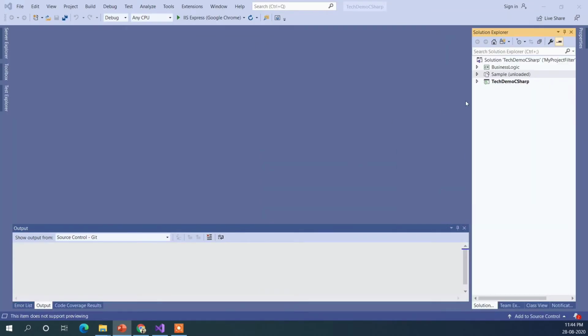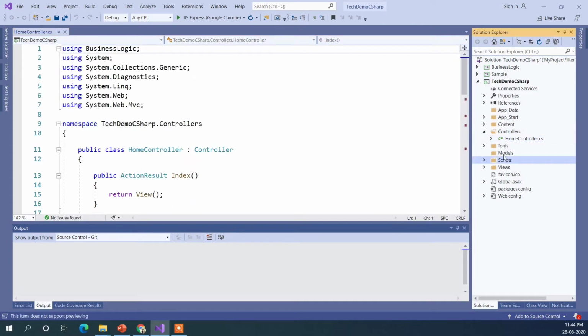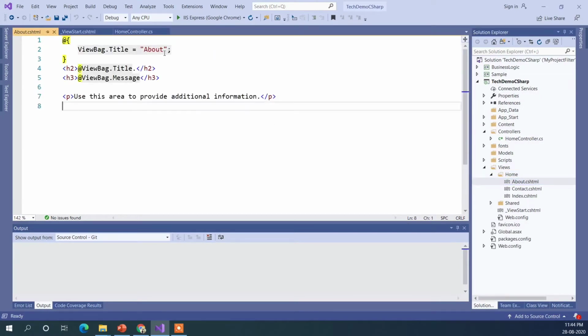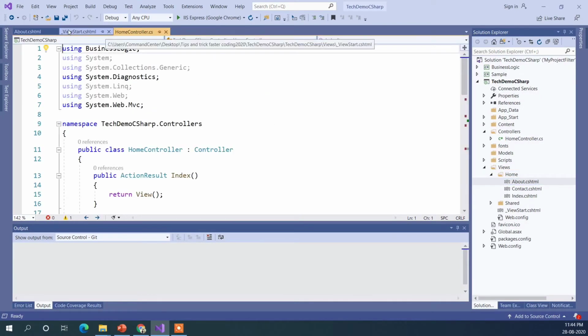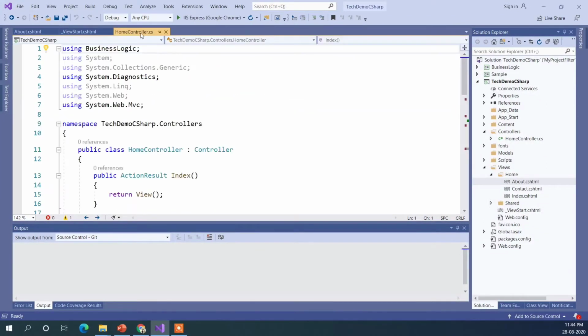So first we have navigate backward. Let me reload this project again and open different types of files, this one and this one. I was on this tab, and now I moved to the home controller.